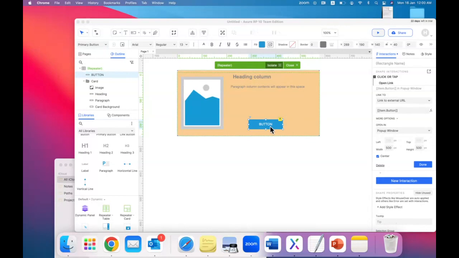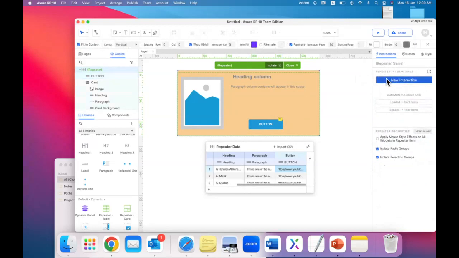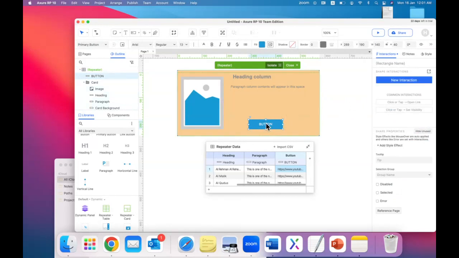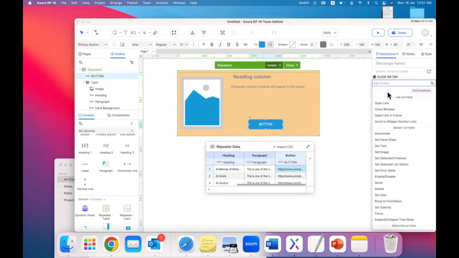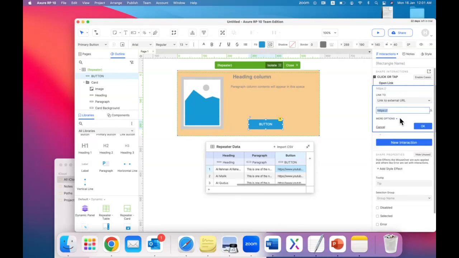We were talking about the button interaction. So once you click on the button and go to the interactions, let us do it all together again. Click on the button. I'm just deleting this. Click on the button, go to the interactions, new interactions, select click or tap, open a link, and select link